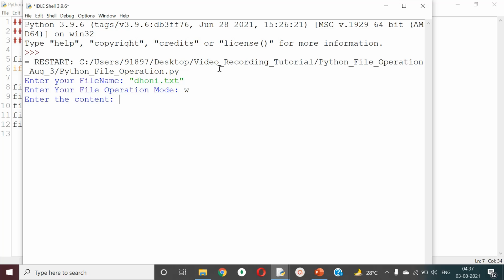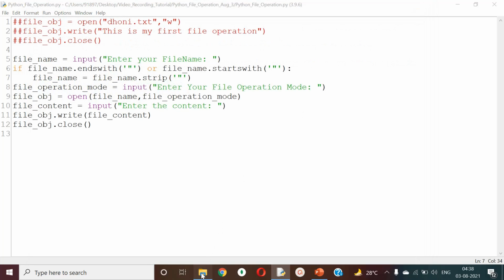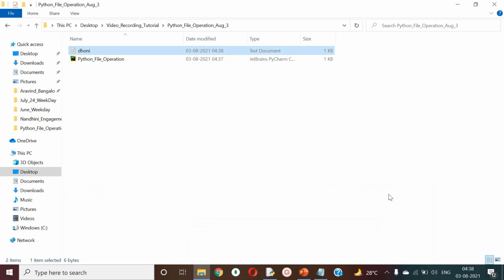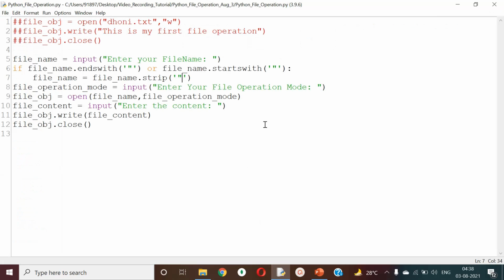This is very important, guys. Learning code on the syllabus front is okay, but when you want to survive in the IT industry, when you want to survive in a larger project, these are the few nuances that I want you to understand. Content: something, Sindhu. That's it. Close the file, open it. There you see, output says Sindhu. Make sure that you always close the file. Now it works fine.